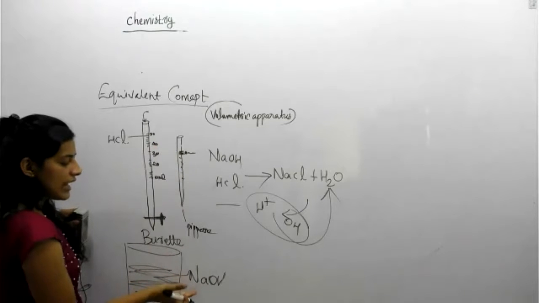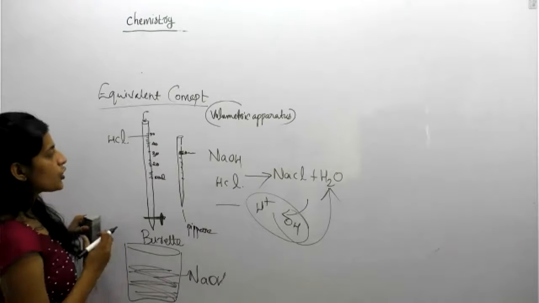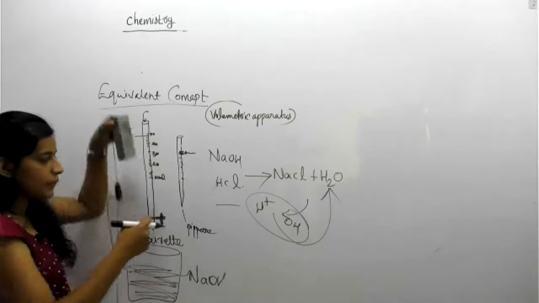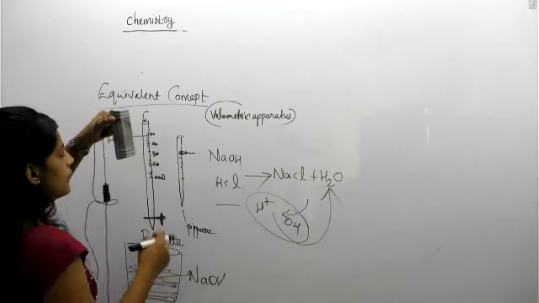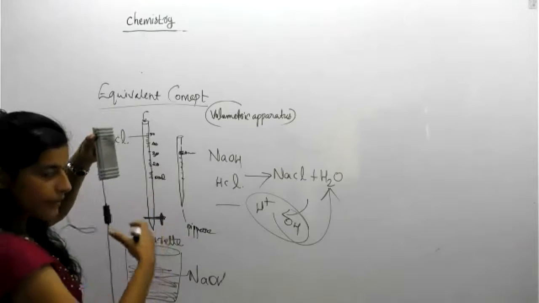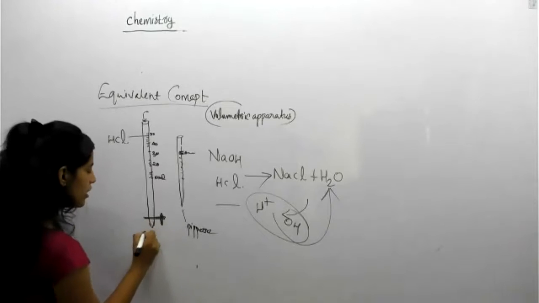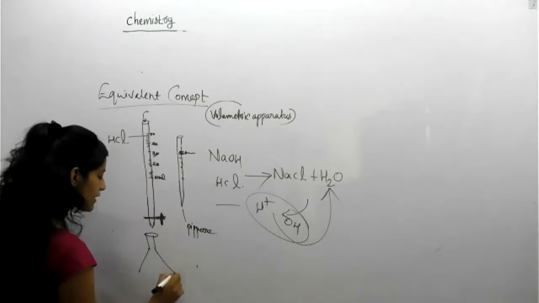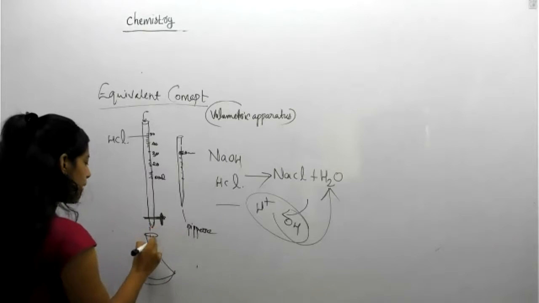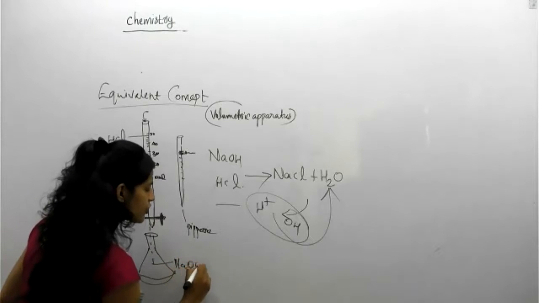NaOH, how much? 20 ml of NaOH is there. Okay, so you start to open the knob and shake very thoroughly. Suppose this is the beaker. Open the nozzle and then, not a beaker, mainly a conical flask is used. That conical flask is very easy to handle. So in this conical flask, HCl is poured drop by drop into the NaOH solution.